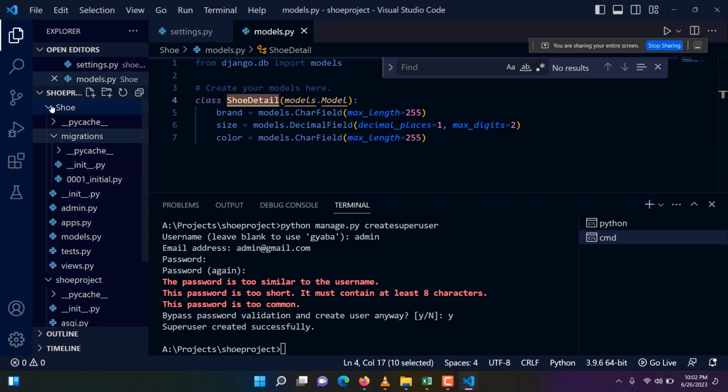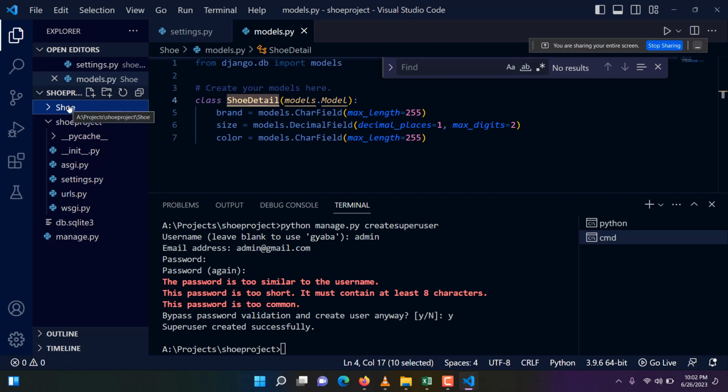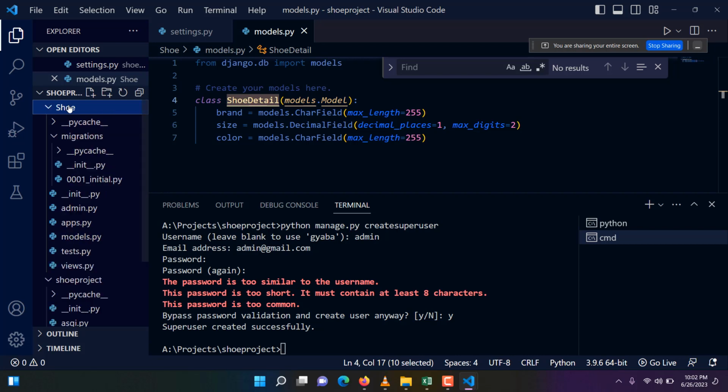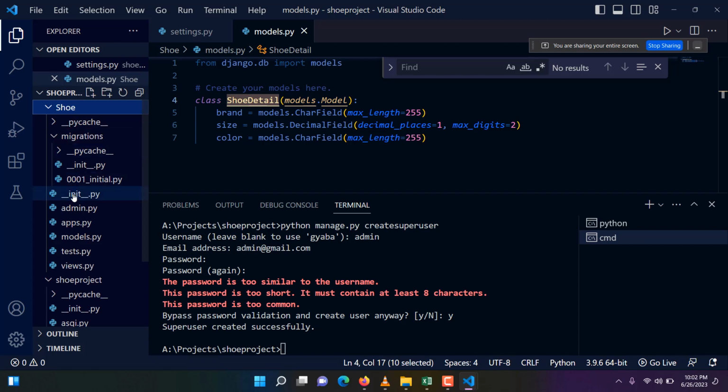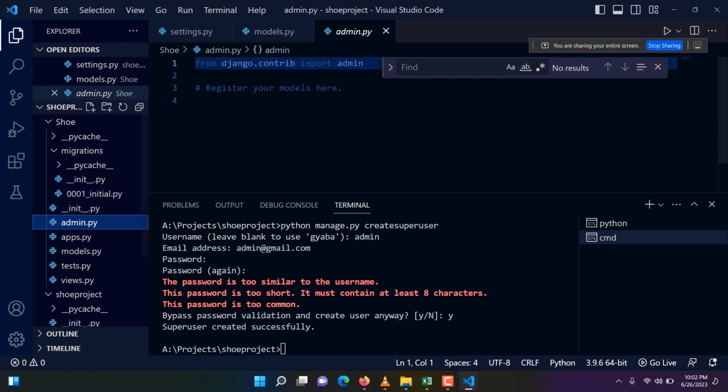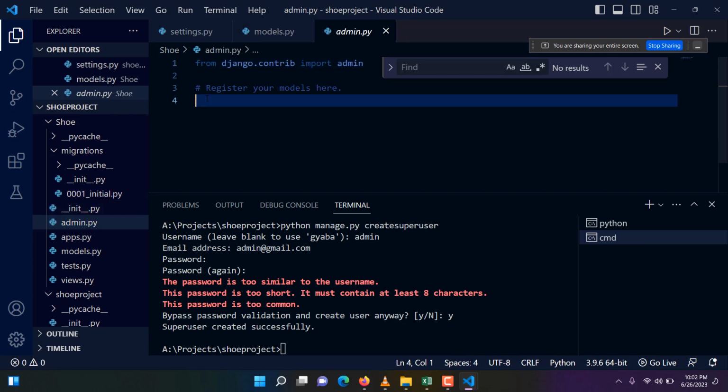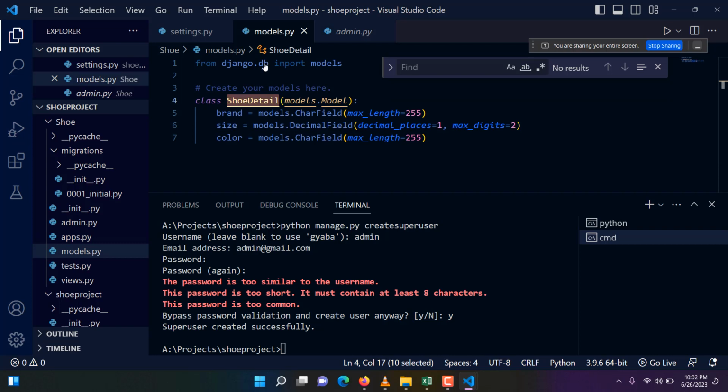You come to the shoe app. You see, this is the folder. This is the app. Have you seen the folder that we started by creating the Django app? When you click on the shoe app, there is something called admin.py. When you click on admin.py, it asks you to register your models here. So the model we created in models.py, which is called shoe detail, we are going to type the same name at this side,